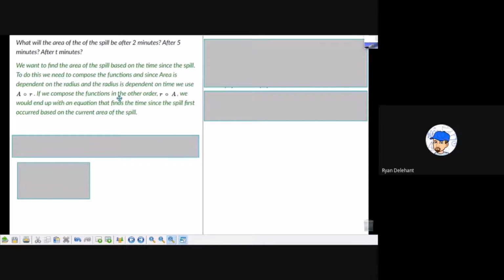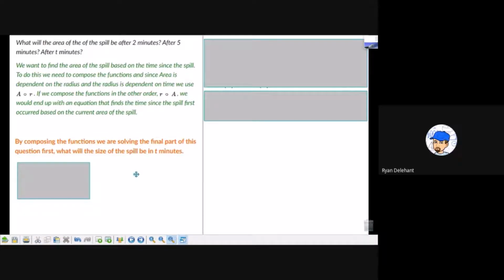So this just explains why I'm going to compose them in the way that I'm going to. By composing these, we're actually going to find the last part first. So we know we want to compose them in this order. I want A of R of T because I want the area after some amount of time. You can see the variables all listed in the right order. Well, R of T was 3T. And then if you plug that into your area formula, we get pi, 3 quantity 3T squared,